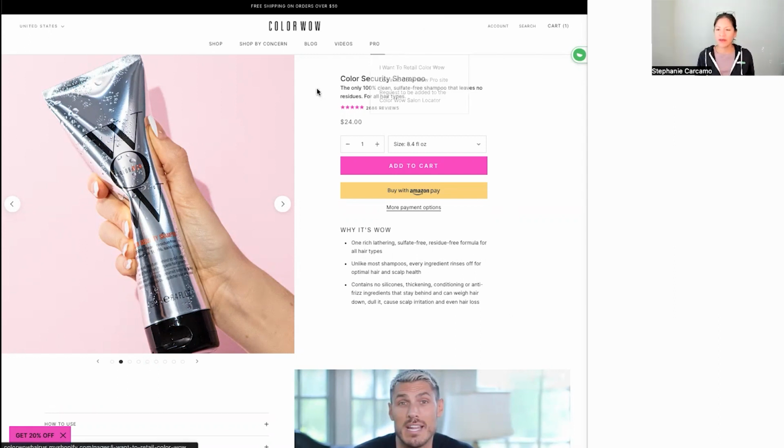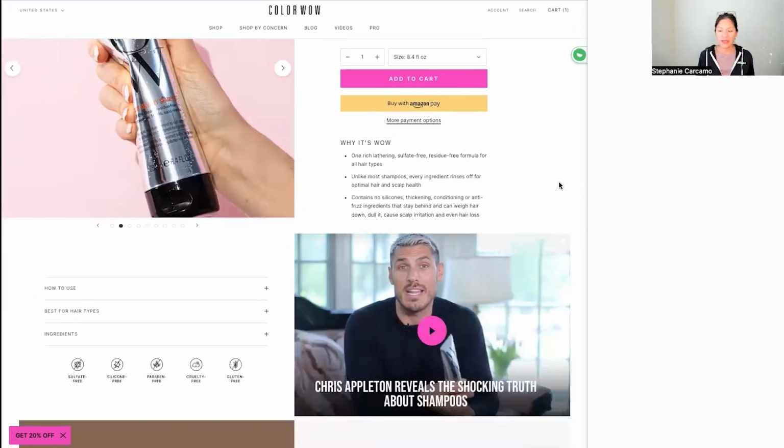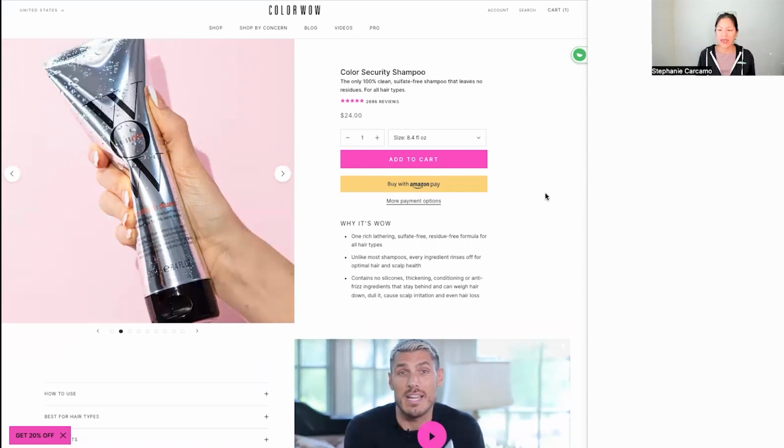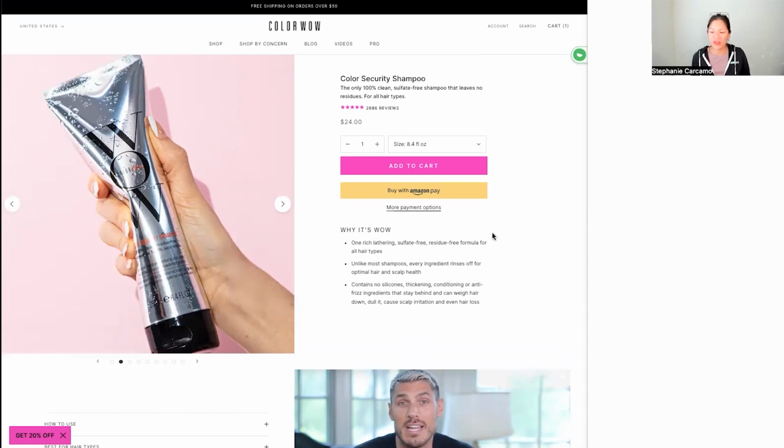And for us, that means if I'm breaking this site barrier or clicking this back button, for example, that could trigger an exit pop-up. And for Color Wow, that's exactly what we have set up as far as an exit, and where it can fire depends on if someone has already engaged in this way with an add to cart, or if they have still yet to add something to cart, but have been on site and engaging in an exiting manner. So those are two locations where we can really target based off of actions on site,